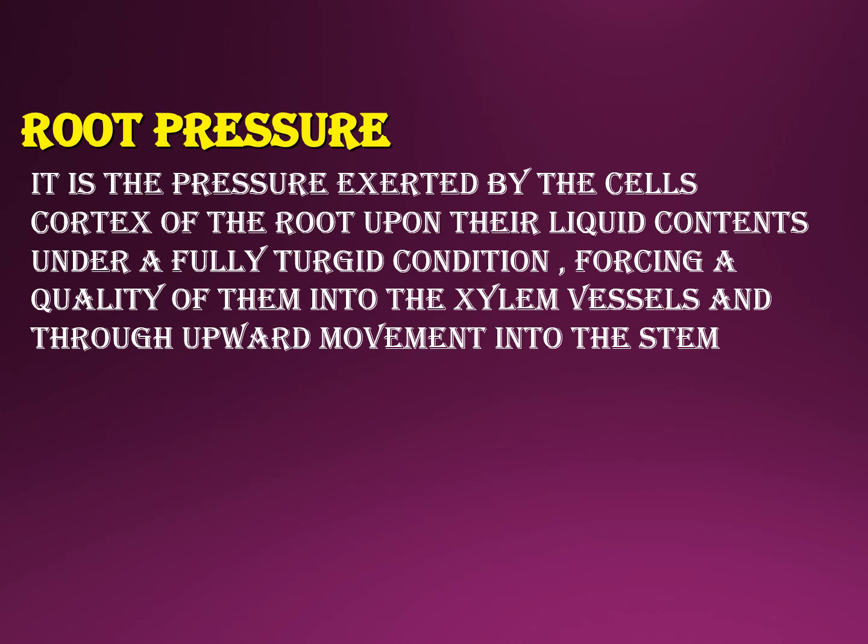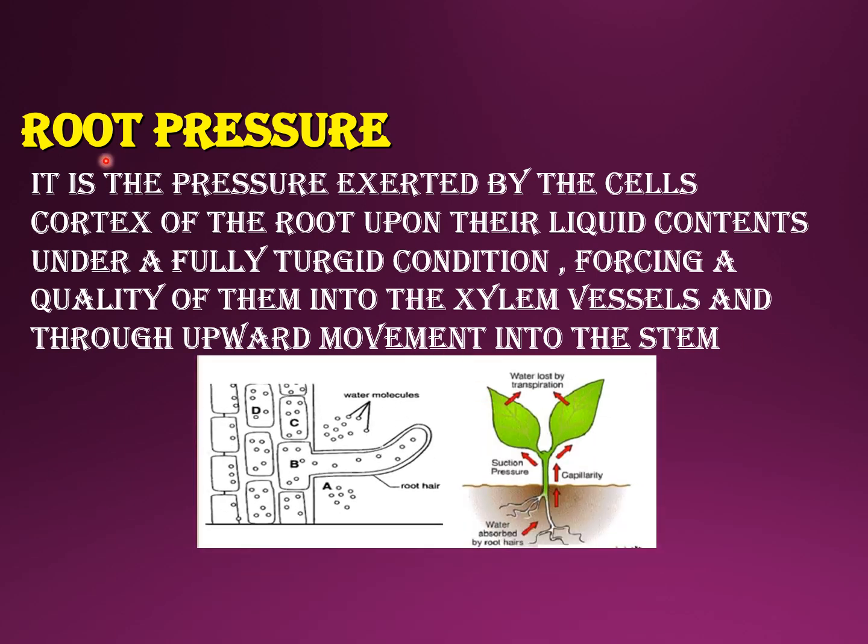Next, what is root pressure? The pressure exerted by the cortical cells of the root, as I explained in the beginning, after the root hair there is a cortex region, the cortical cells of the root. The pressure that pushes and forces the water to the aerial parts of the plant, into the xylem vessels, is called root pressure. This movement of water is ascent of sap. So when there is pressure exerted by the cortical cells of the root to allow this movement of water to the aerial parts of the plant, it is called root pressure. Due to root pressure, a suction is created in the stem, through which water enters into the leaves.